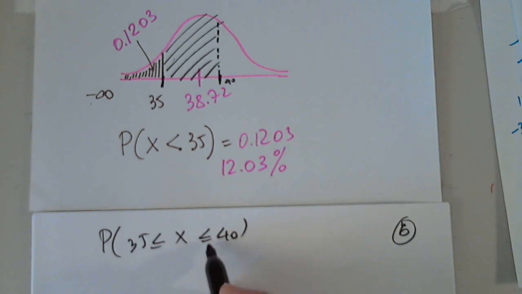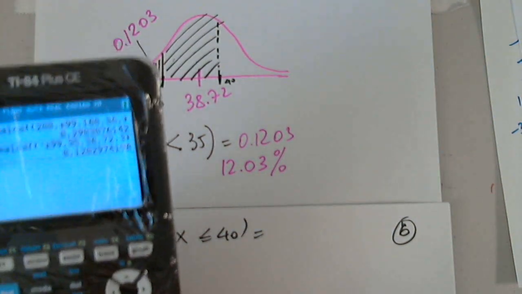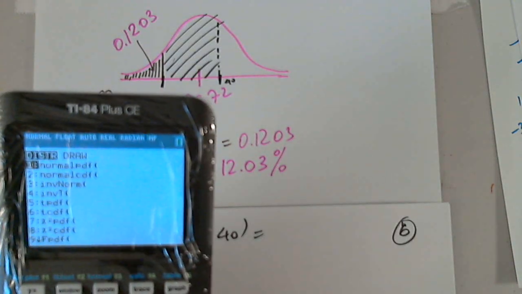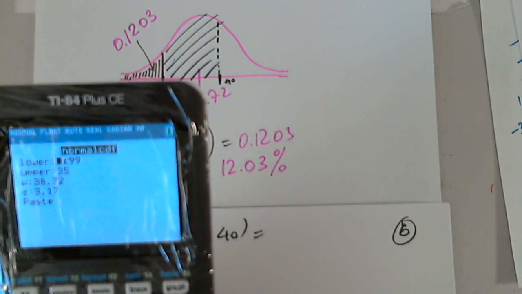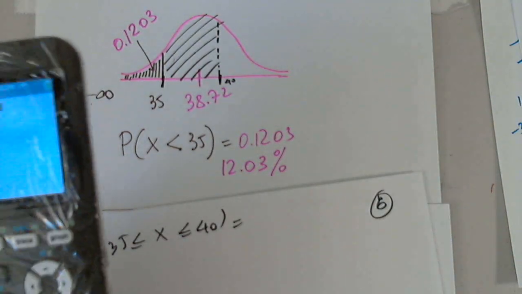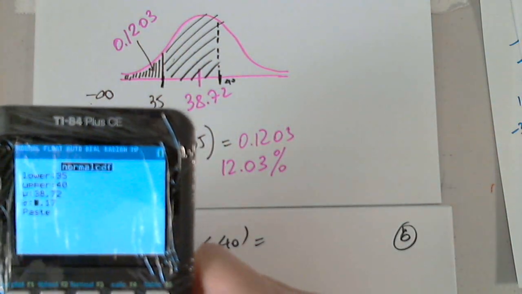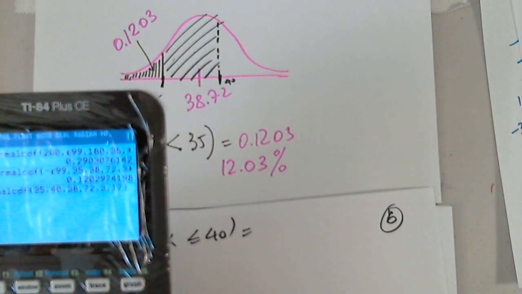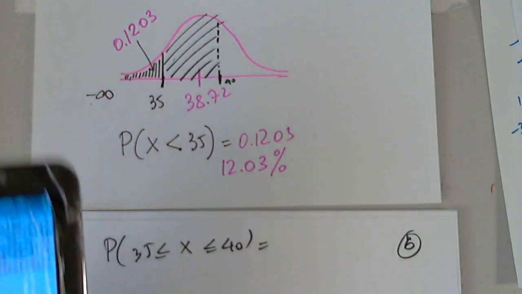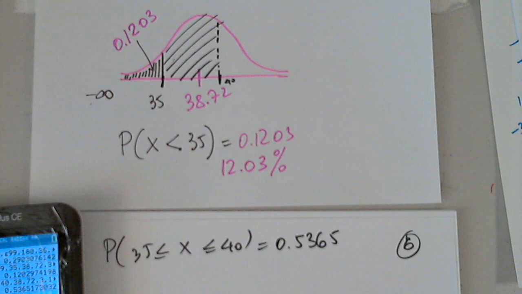Again, I don't have to put the equal symbol at all, because the probability is 0 at 35 and it will be 0 at 40 alone. Okay, so go back to second and distribution, still normal CDF, but now the lower is 35, the upper is 40, and I already have the mean and the standard deviation, and now I'm going to paste and press enter. So I get 0.5365